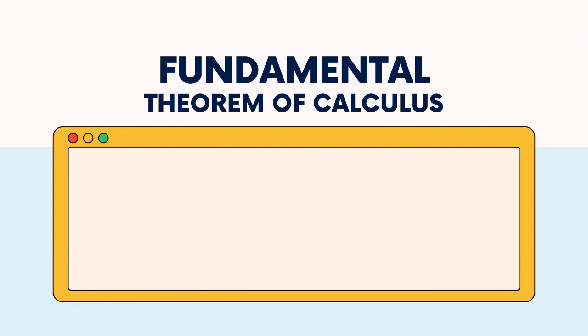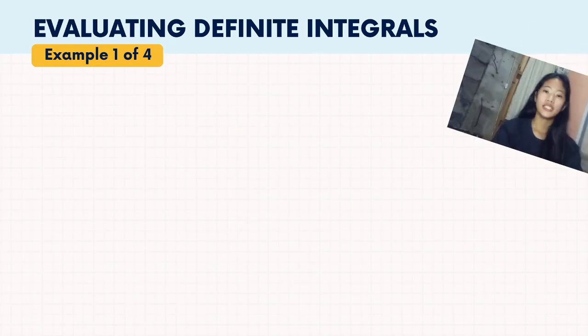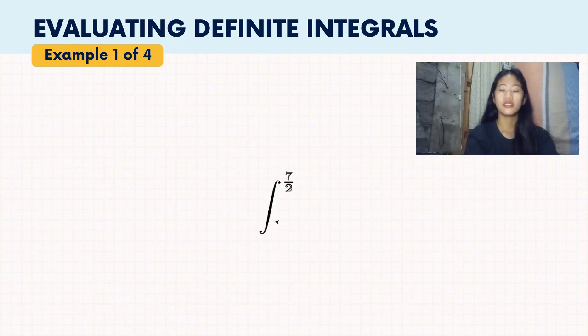FTC Part 2 states that if uppercase F of x is the antiderivative of lowercase f of x, then the definite integral of a function f of x from a to b is equal to the difference between f of x's antiderivative at b and its antiderivative at a. Let's go ahead and apply this theorem to find the definite integral of the function 5x from 1/2